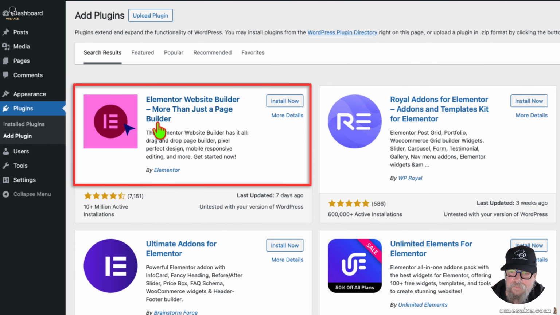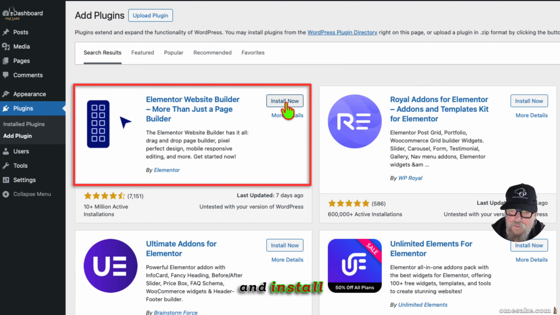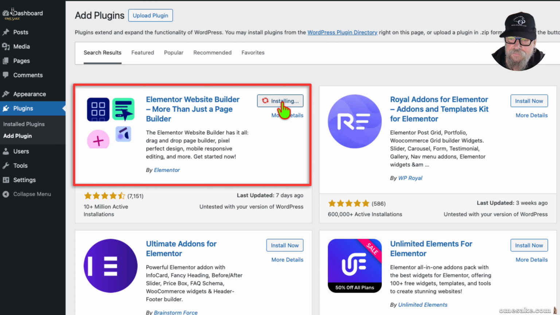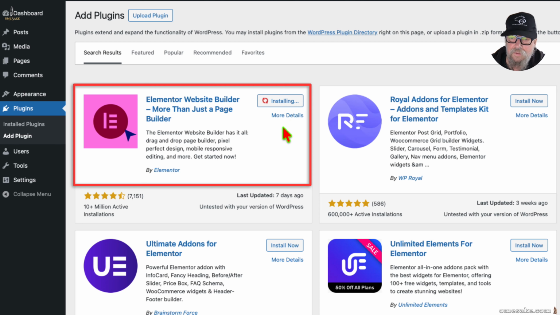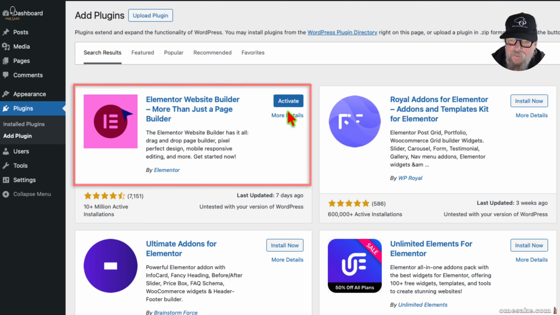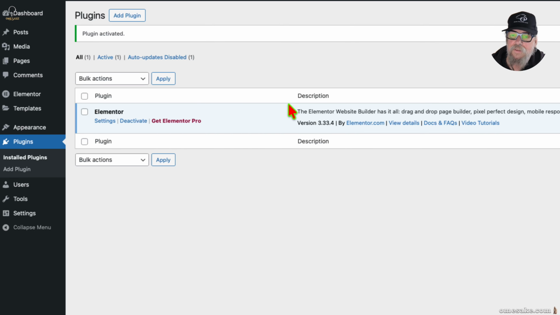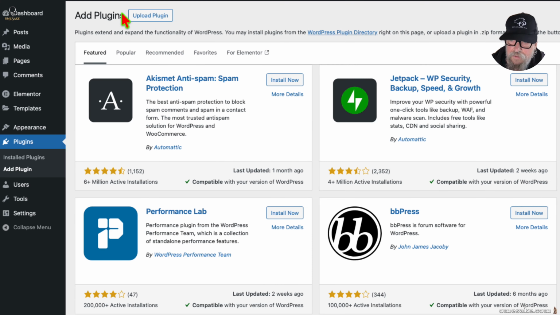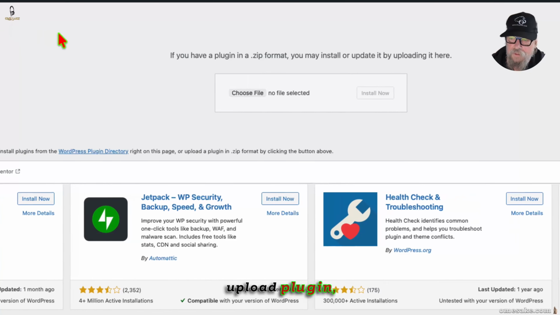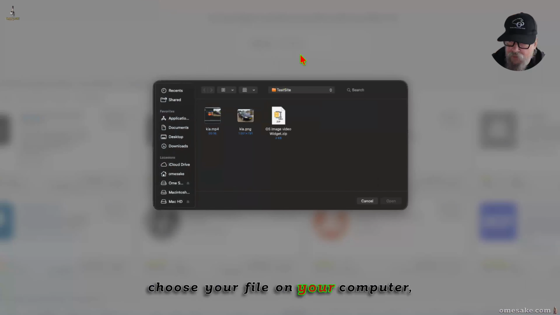Then install. Activate the plugin. Go to add a new plugin, upload plugin, choose your file on your computer,